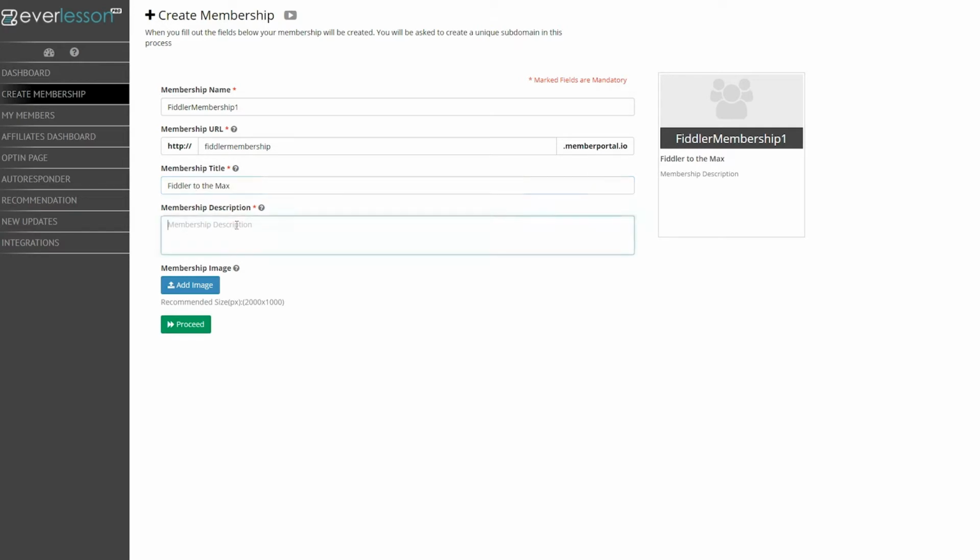Membership description, we'll say, we teach all things fiddle, from beginner to advanced, you can find the training you need here. Now that applies to the membership, okay? It's not necessarily the course. In our case for today, we're just going to go through the motions of creating a beginner course with 3 lessons, okay? And that course will be part of this membership,